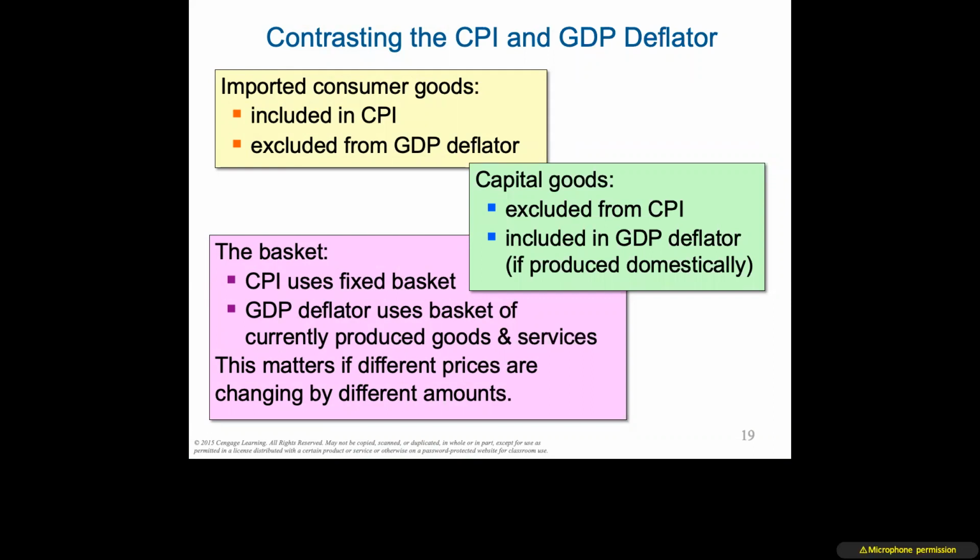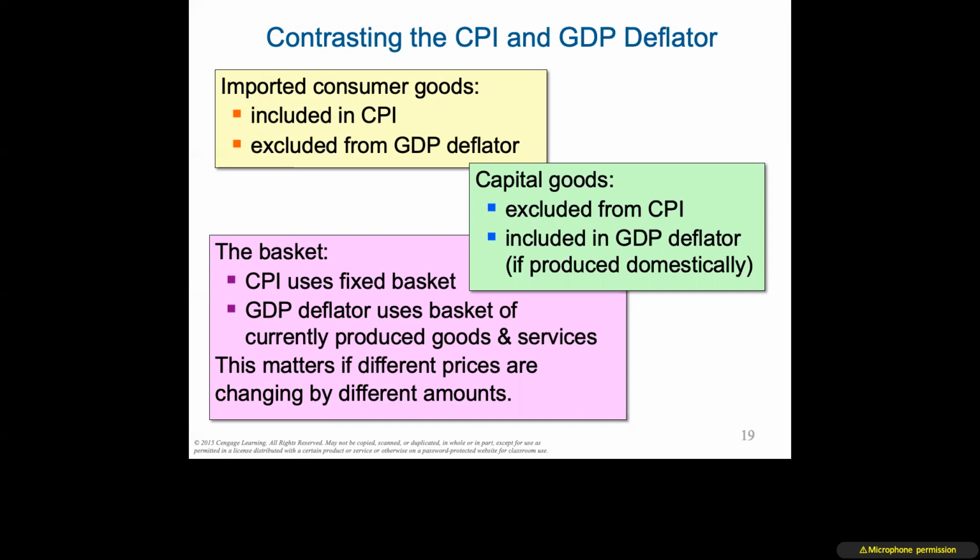It's a negative. Capital goods. Capital goods, things that are purchased to produce other things. For instance, what are we talking about? Machinery, factories, etc. They're excluded from the CPI because the CPI is looking at consumer prices, but they are included in the GDP. So if the two are different, there's something you could be looking at. You could be looking at imported goods. You could be looking at capital goods to see if something is going on in the economy with those two sectors.